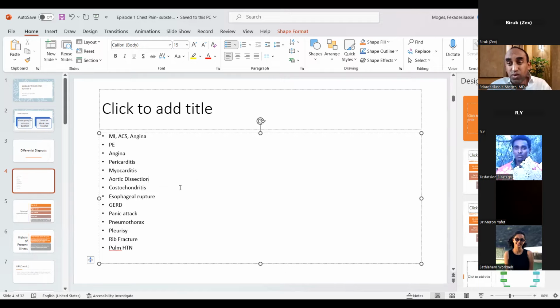And I don't recall any patient over the past many years, I have never seen a patient with acute pancreatitis presenting with substernal chest pain. Rather, there are other GI problems which may mimic MI, right? So what are those? What about costochondritis? Okay, let's go down the list. Costochondritis, anterior chest pain, 20 minutes duration. Shall we keep it?